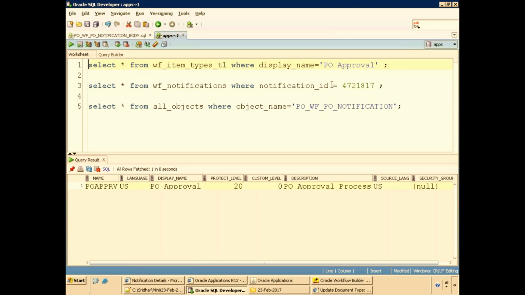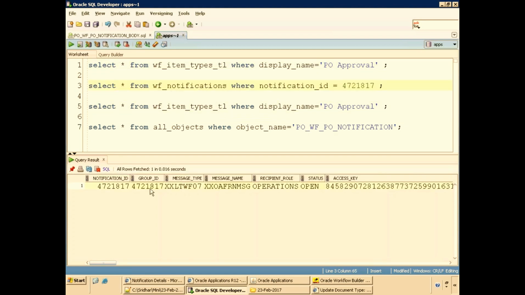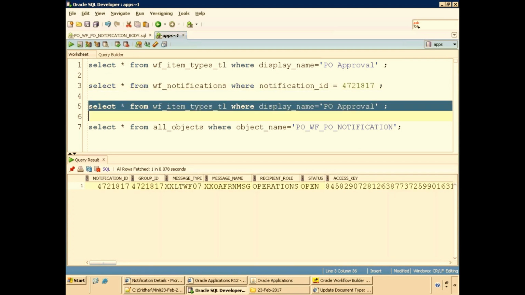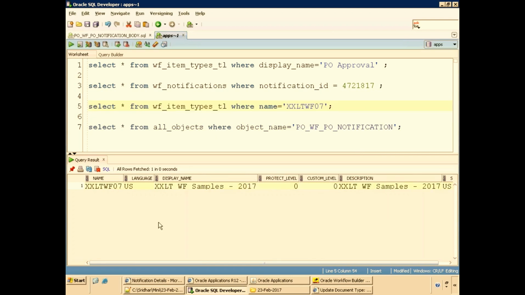So now, based on this notification, this is my internal name. Here I'll pass name is equal to, because I don't know what the display name is. Based on the internal name, I'll get my display name. XXLTWF samples 2017.